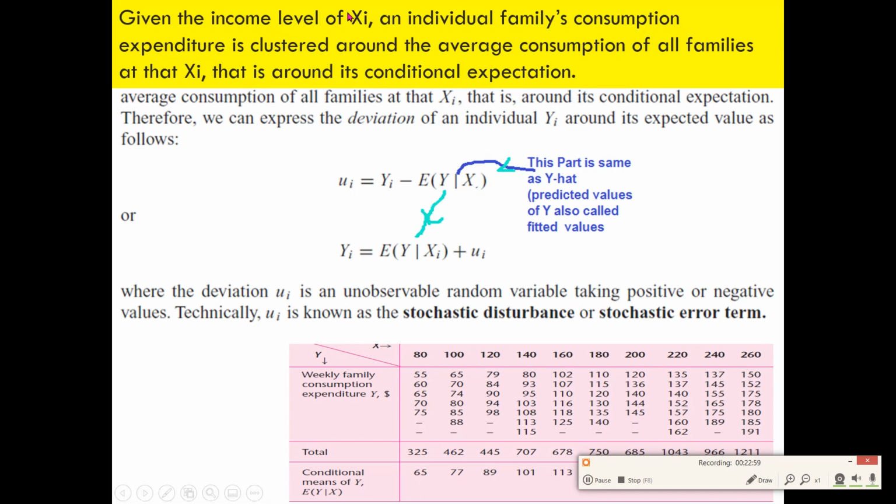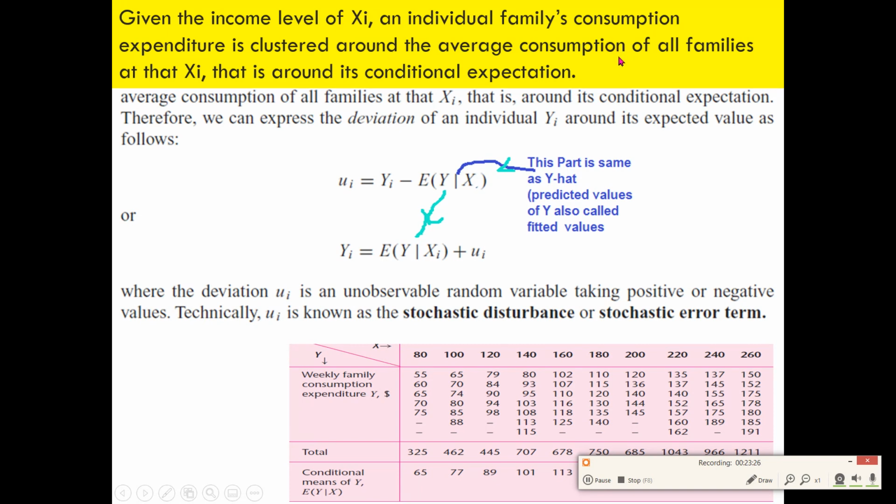Given the income level equal to xi, what are these xi's, like 80, 100, 120, and so on. So given the income level of xi, an individual family's consumption expenditure is clustered around the average consumption of all families. So don't be afraid of this seemingly technical or verbose type of